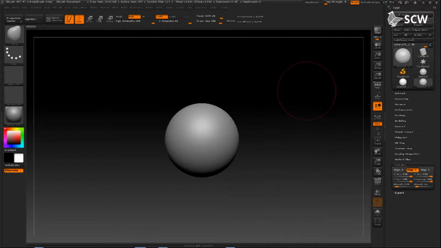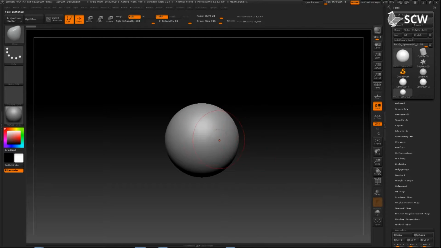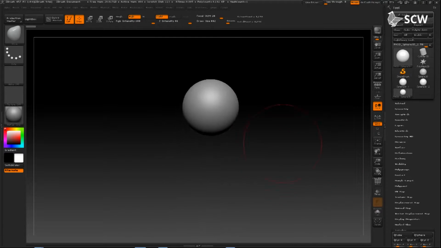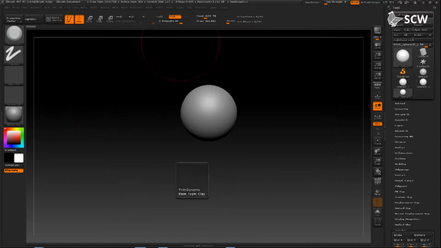Before we start, we must convert this into something we can work on with the brushes, a PolyMesh 3D. And we switch on symmetry because we will not waste time modeling on both sides. Also on Trim Dynamics,